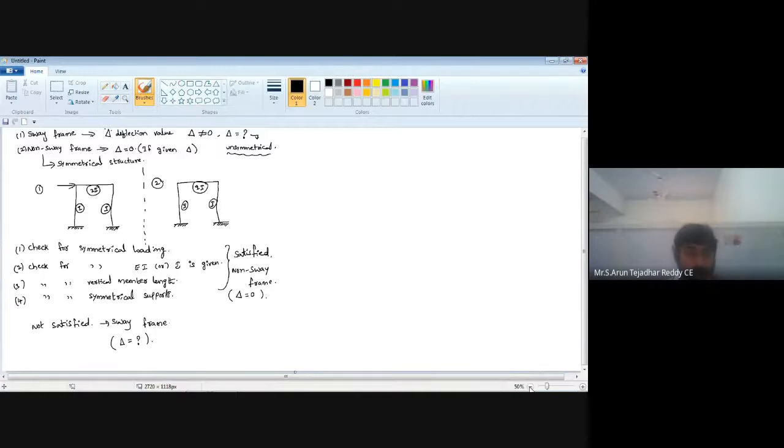See here, to observe this diagram you need to observe the two columns, and after that you need to observe the beam separately. Columns separately, beam separately. Symmetrical means don't compare all beams and columns together; compare the column on one side, and next the beam. That's it. Okay, I'll tell you the answer.